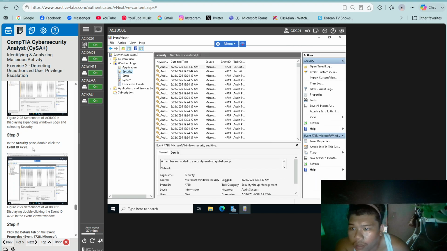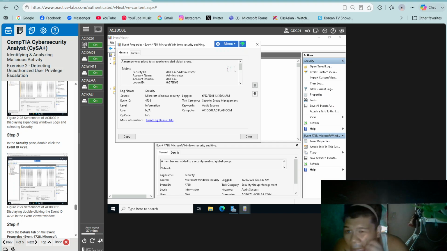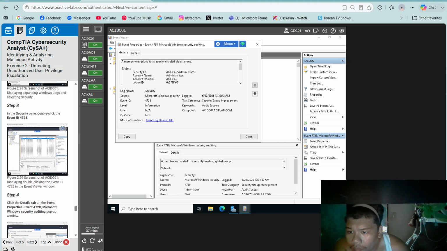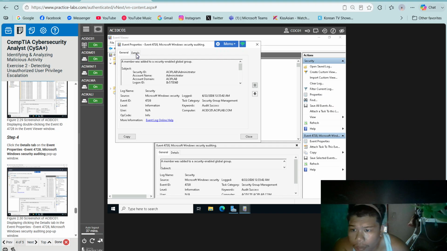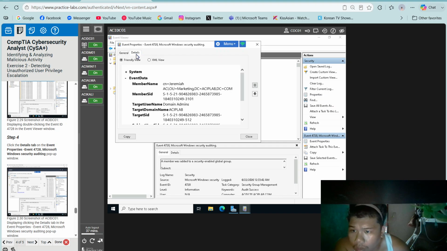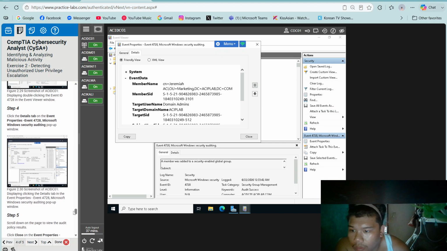In the Security pane, double-click the event 4728. Click the Details tab on the Event Properties Event 4728 Microsoft Windows Security Auditing pop-up window.